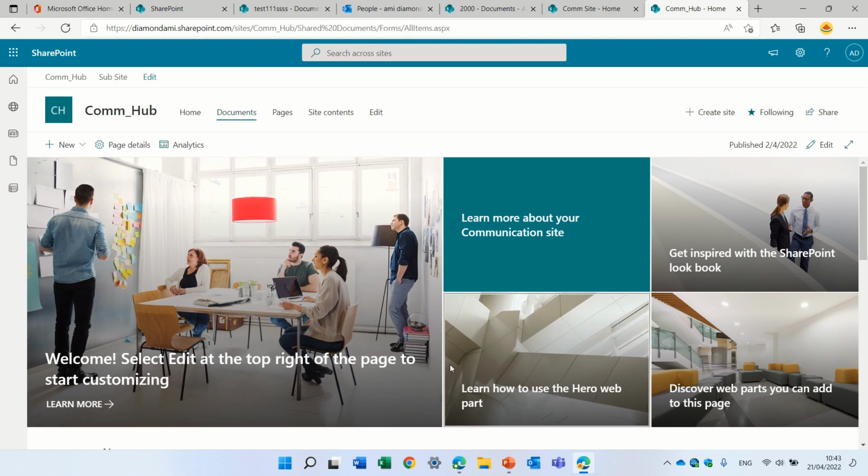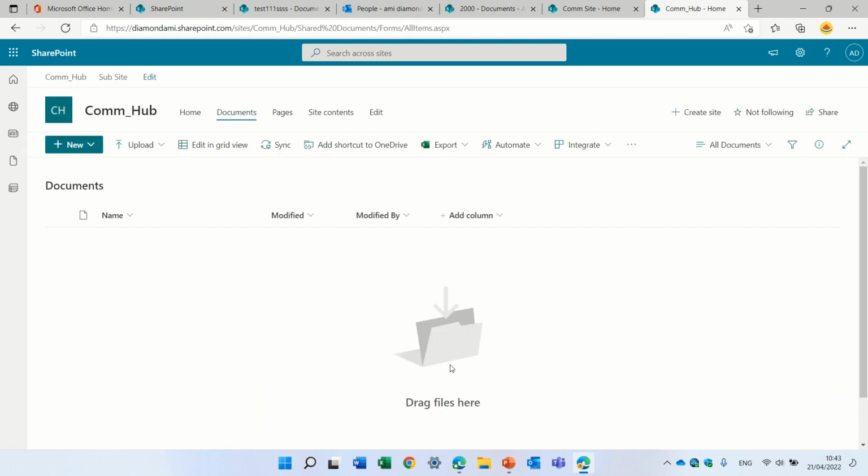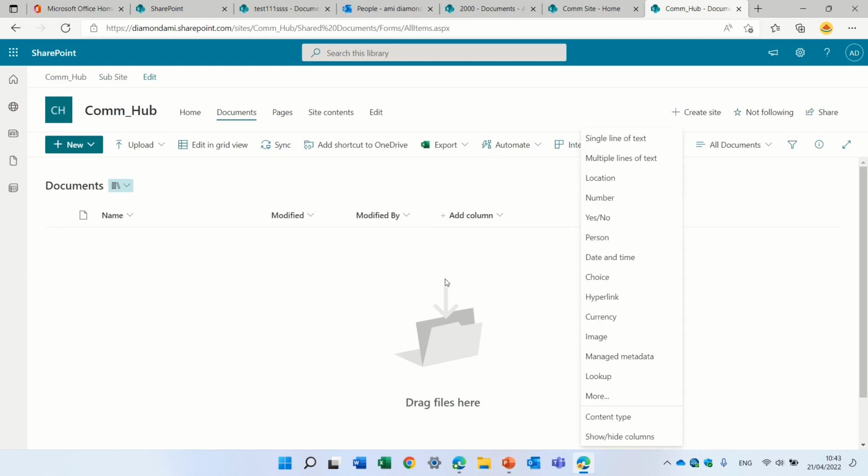But if you give them more information, then they can also use the metadata, and they can create pages, create news. They can use all of the functionality of SharePoint and Teams. So it's important also to give them basic training, and even assign people to be